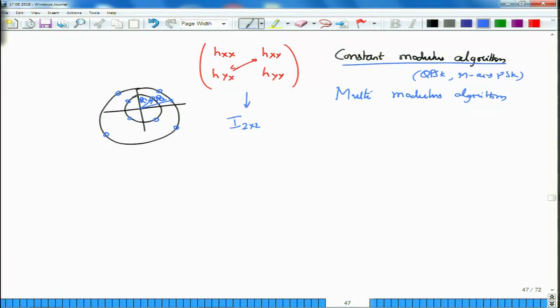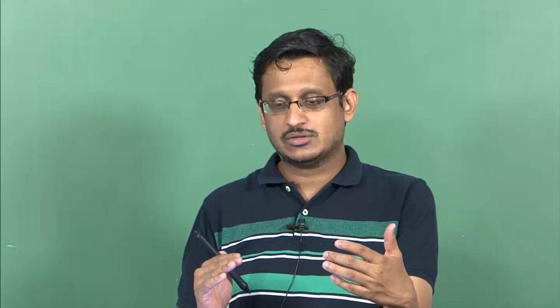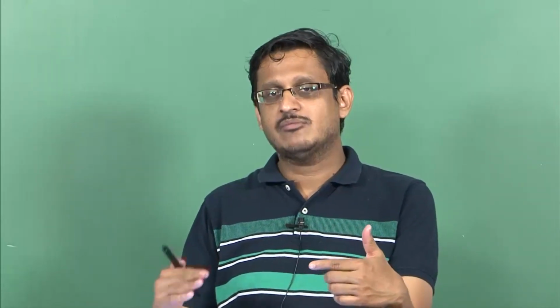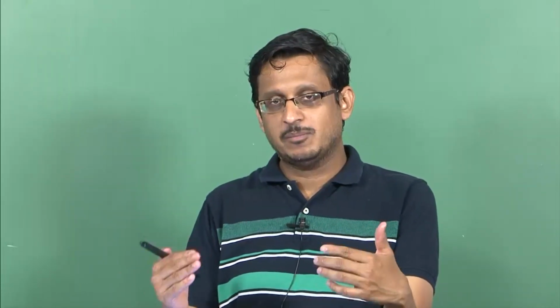So from the big picture point of view, polarization dependent loss and polarization mode dispersion in some sense can be thought of as matrices which couple the x and y polarizations, and all the operations that you are going to perform at the receiver most of the time have to be adaptive, but the goal of those operations at the receiver is to make this matrix go back to an identity matrix.